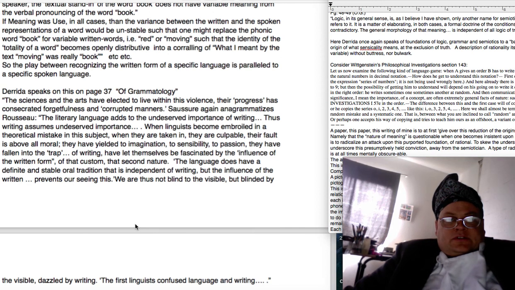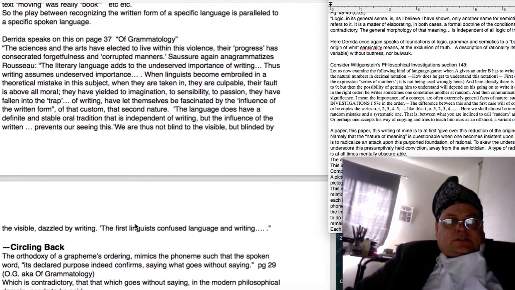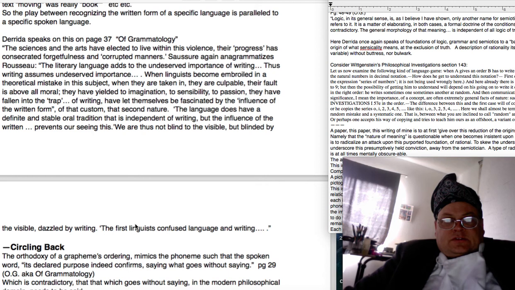Derrida speaks on this in page 37 of Grammatology. Quote, "The sciences and the arts have elected to live within this violence. Their progress has consecrated forgetfulness and corrupted manners. Saussure again